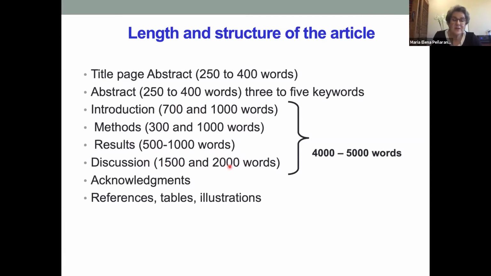why it's relevant, how it's going to contribute to the general knowledge of science, but a particular field, how it's going to start policies or support policies in our country, in our department, in a particular topic that needs intervention. This is where we're going to express our interpretations and the needs and the recommendations that we presented,